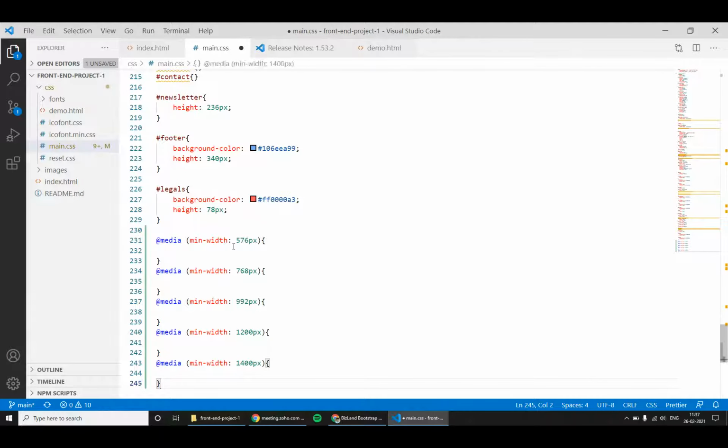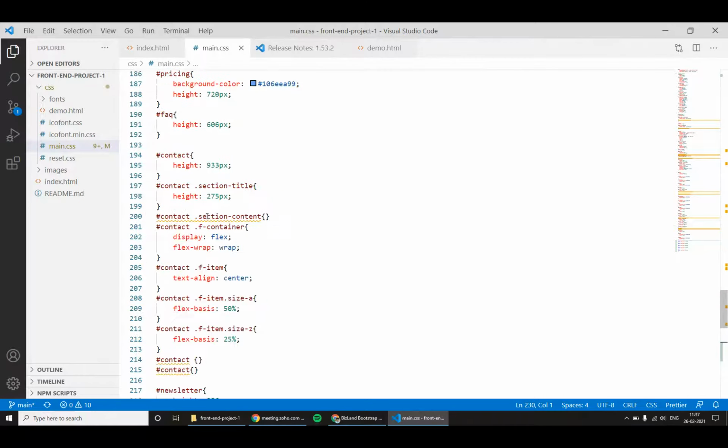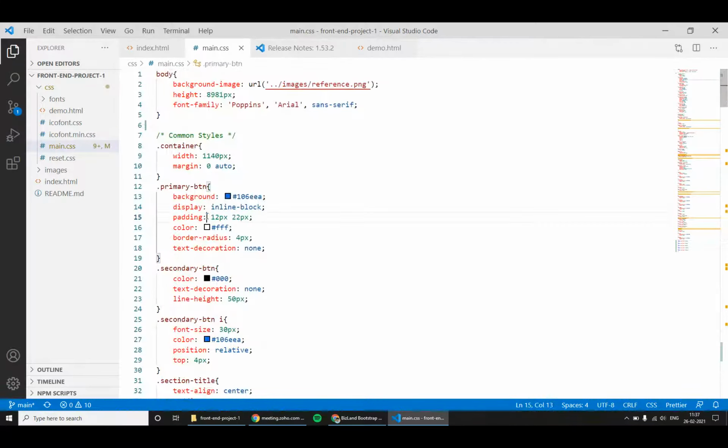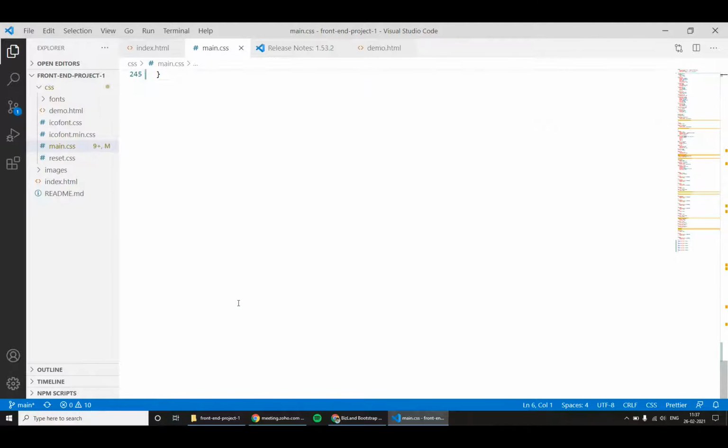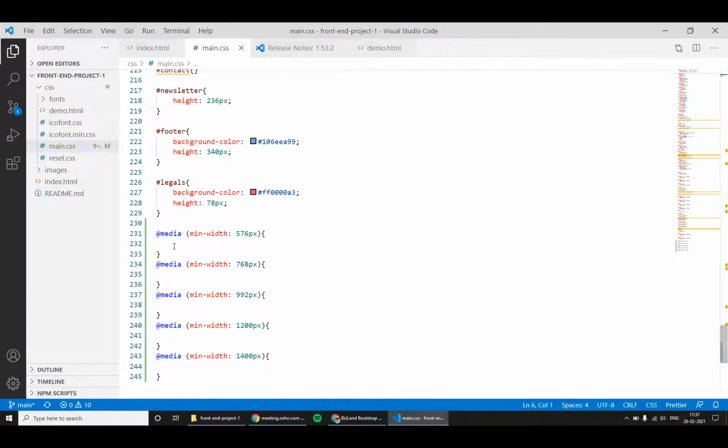Okay, so the styles that we have written from 230 to the top of the page, this is for mobile view. The styles that you have written before the media query are for mobile view or the small screen view. Small screen view means from the lowest size to